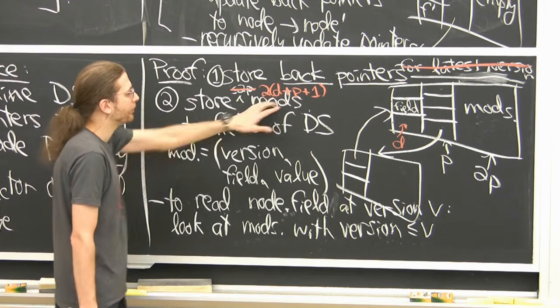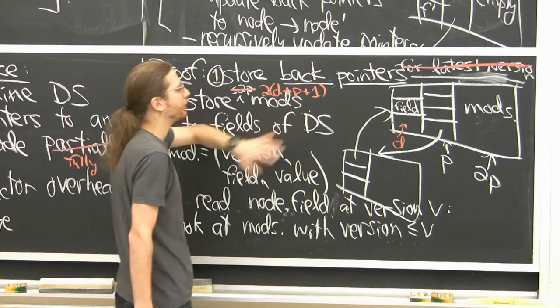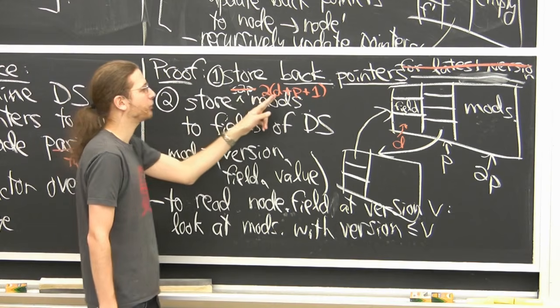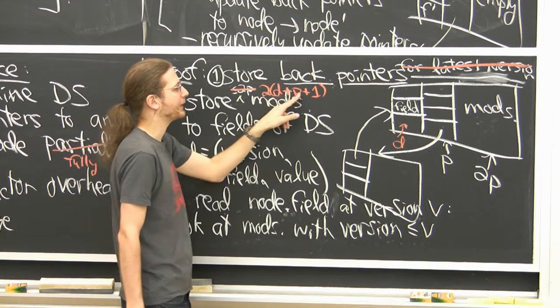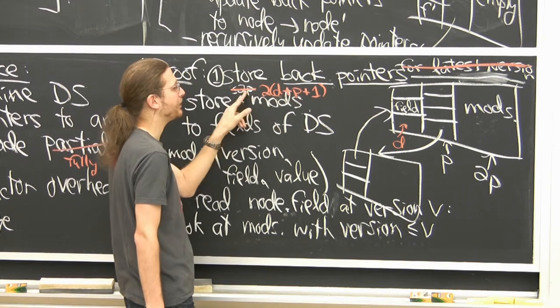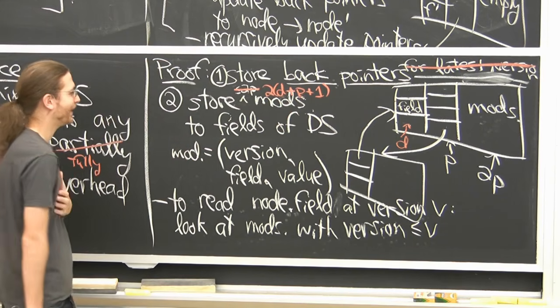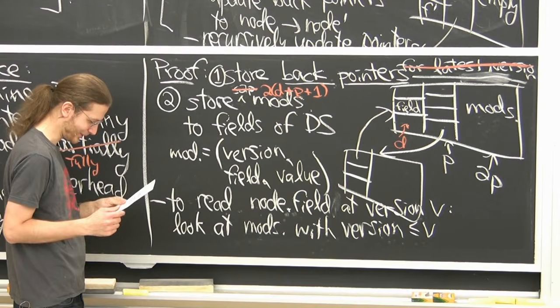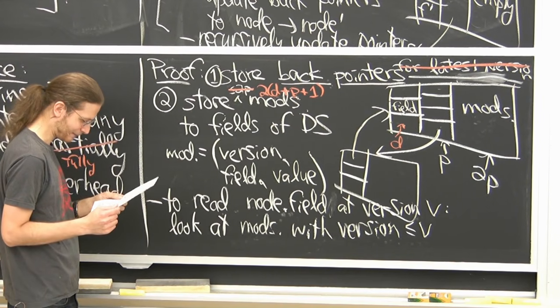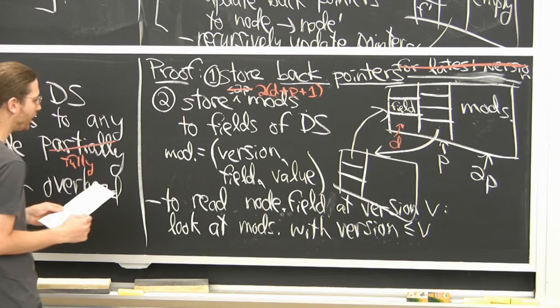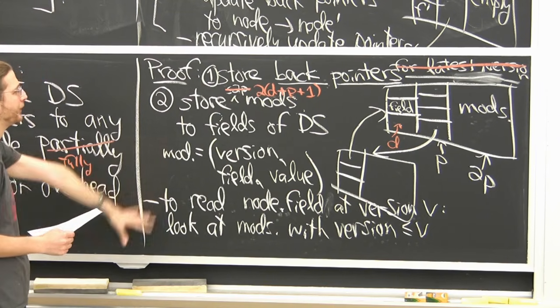So just slightly more. The main reason for this is because back pointers now are treated like everyone else. We have to treat both the out pointers and the in pointers as basically the same. So instead of p, we have d plus p, and it's a plus 1 just for safety. It gets my amortization to work, hopefully. Not much else, this page is all the same.